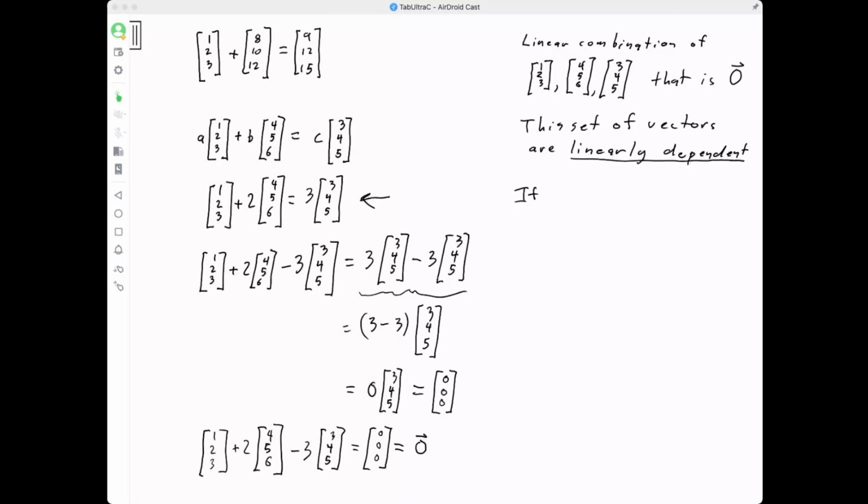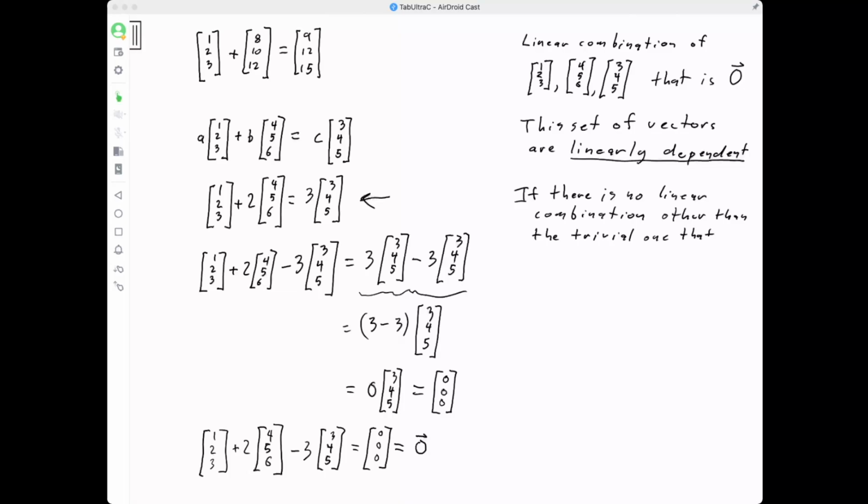If there is no linear combination... well, there's always a linear combination that gives me the 0 vector. But if there is no linear combination other than the trivial one, what do we mean by the trivial one? Well, we mean multiplying every vector by 0. If I can't build the 0 vector other than by just zeroing everything out, so if there is no linear combination other than the trivial one